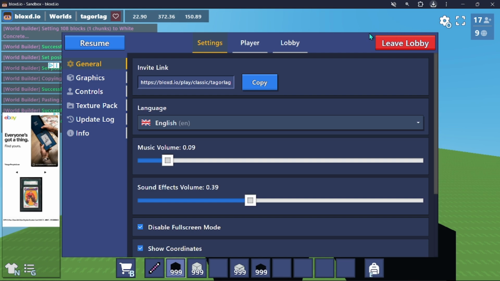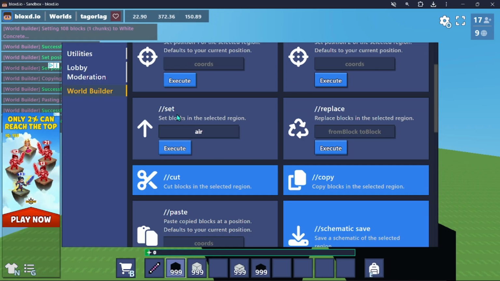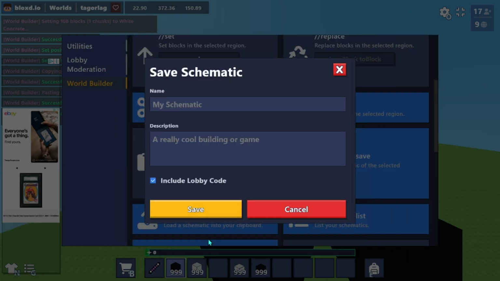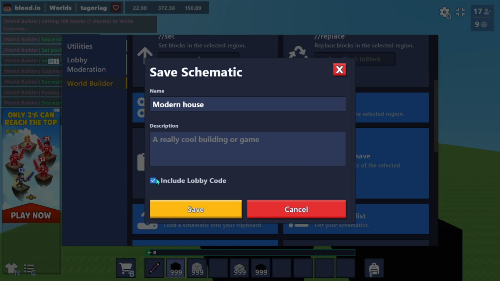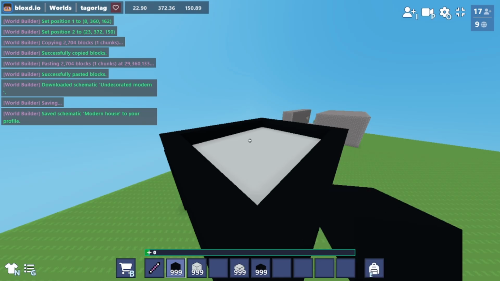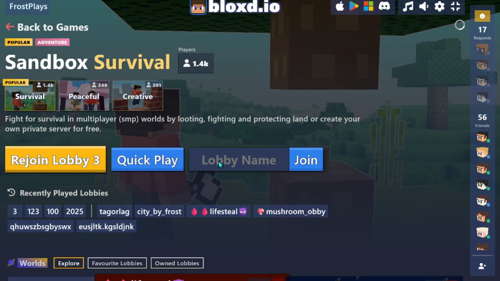And now that I have this, you can also do it in World Builder by clicking schematic save, and now I'll save it onto my account, and I'll call it modern house. And again, you can include the lobby code or not, and now you can add a description, but since it will only be on your account, only you will see it. And you can click save, and now it's saved,